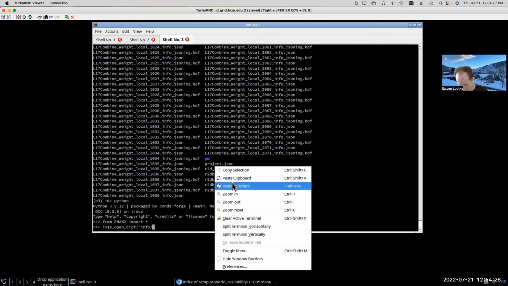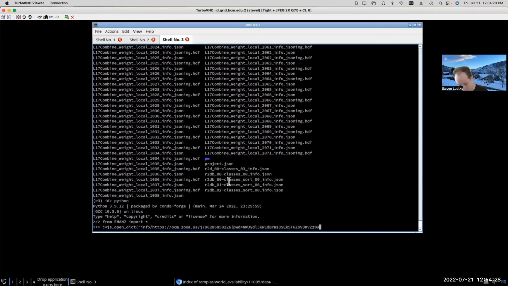Let's try that. No. All right, I guess I will have to type it out. Fine. L17. Combine. Info.json.